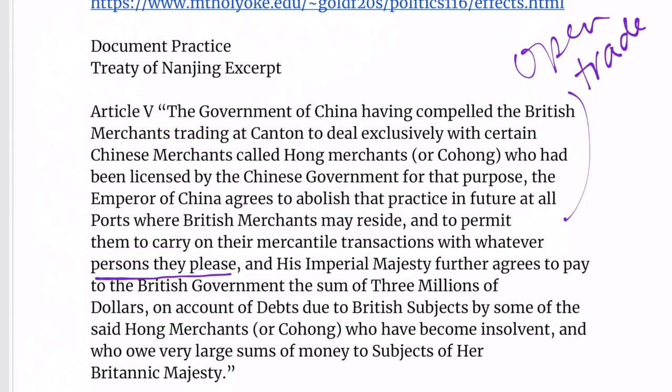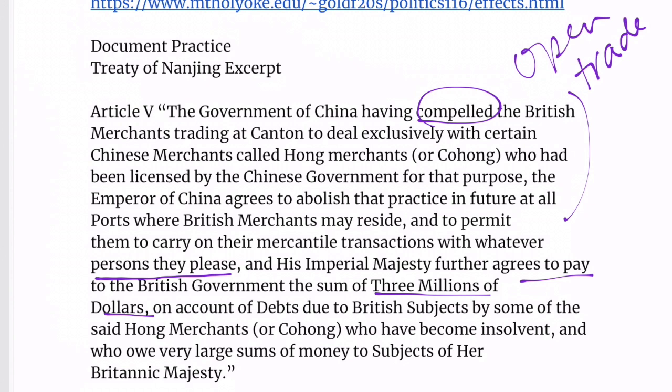And His Imperial Majesty further agrees to pay to the British government the sum of $3 million on account of the debts due to the British subjects by some of the Hong merchants, or Kohong, who have become insolent and who owe large sums of money to the subjects of Her Britannic Majesty. So basically, they're saying they're compelled. That means they don't really want to do this, but they're opening up trade and they're going to pay reparations